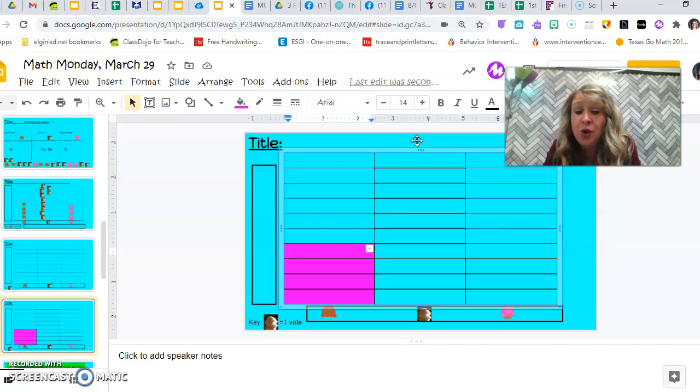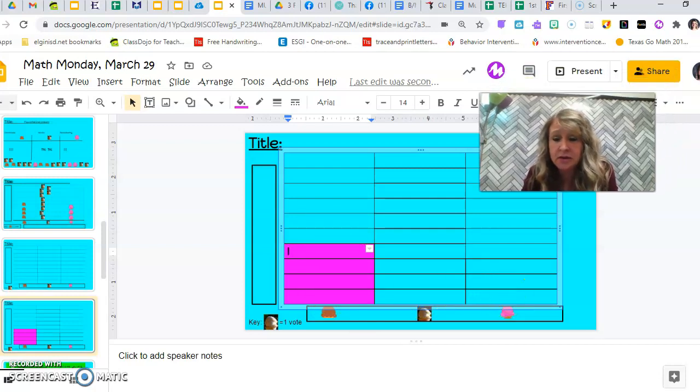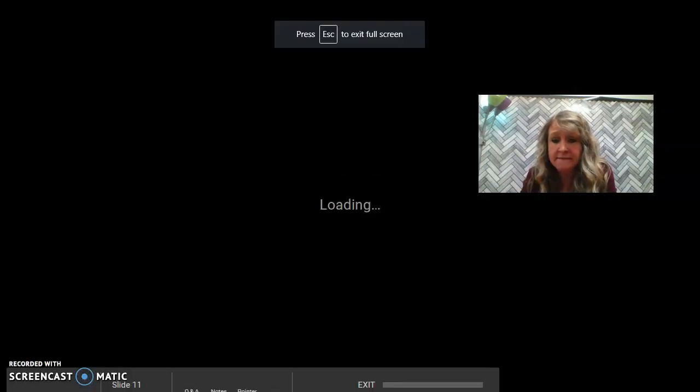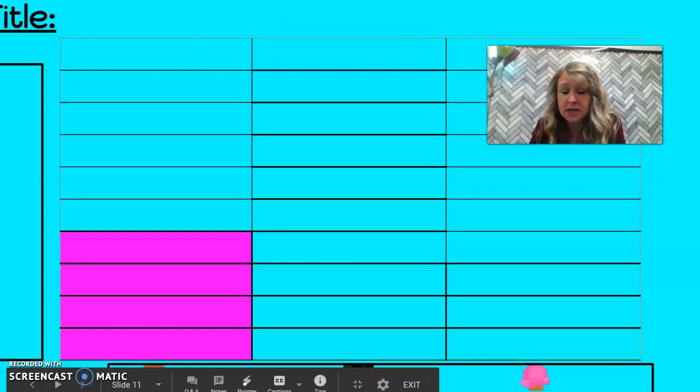Now, you're going to make the bar graph, coloring in each rectangle for each vote for chocolate, vanilla, and strawberry. Okay, so there's my 4 votes for chocolate. Make sure you write the title, the label,